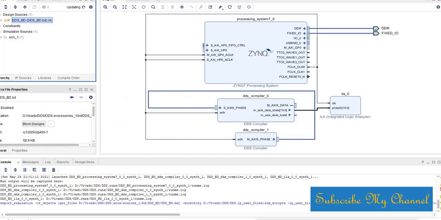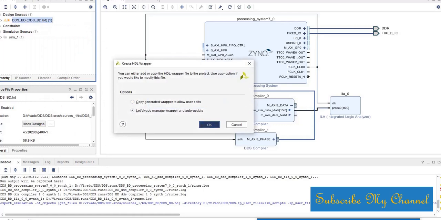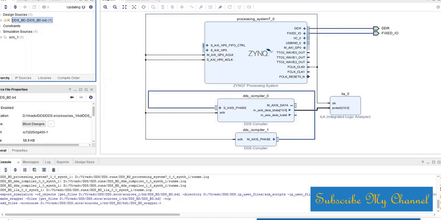Now the block design run started running. Output products have been generated, so we will generate the HDL wrapper. It's generating. Now we can see that the DDS BD wrapper has been generated. Simulation source also generated.